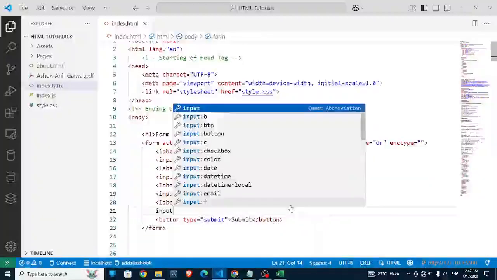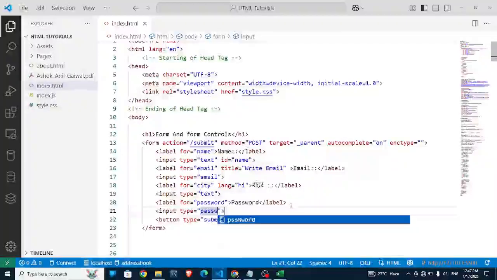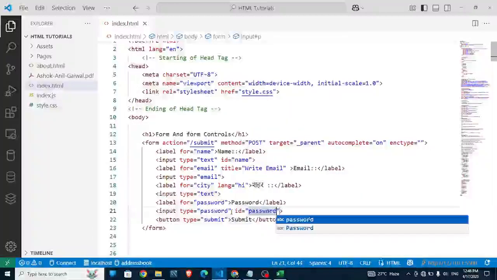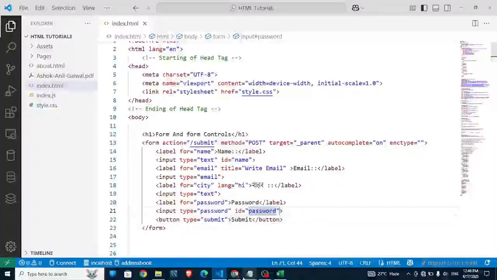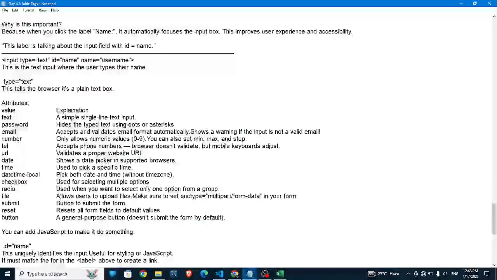इनपुट में टेक्स्ट नहीं, यहाँ पर पासवर्ड लेना है हमें। ओके, यहाँ पर आईडी पासवर्ड। ओके, यहाँ पर जब भी यूजर कुछ भी टाइप करेगा वो डॉट में या तो एस्टेरिस्क में दिख जाएगा। ये डॉट में दिख रहा है अभी। ओके, ये पासवर्ड है।